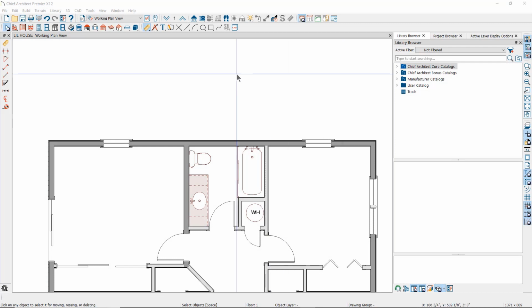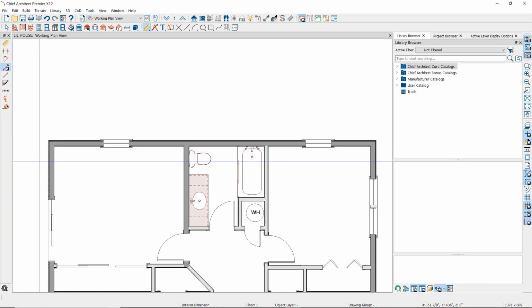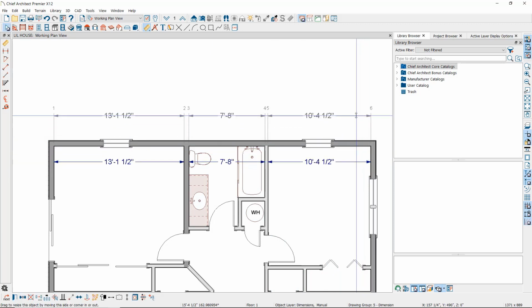Another manual dimension tool is the Interior Dimension tool. This tool will measure the interior of each individual room. It will only locate walls and place dimension between each wall inside of each room. Again, you can move these dimension lines using the Move Edit handle, and you can move, add, or remove